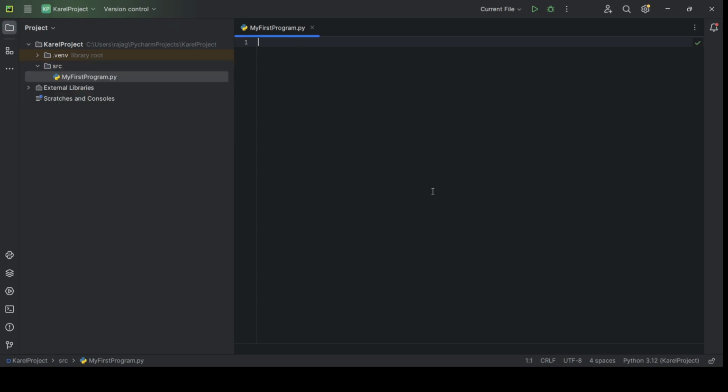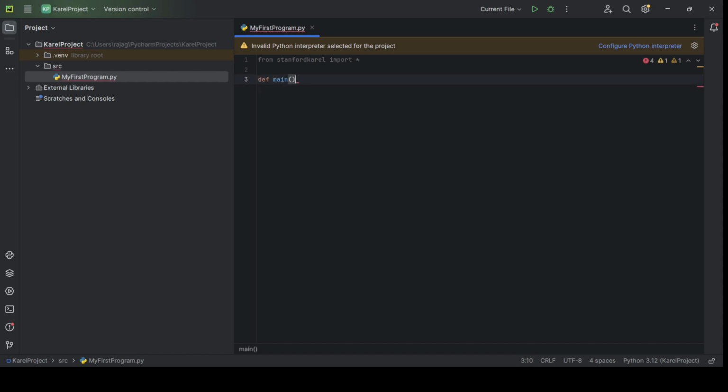First, we need to import required libraries or packages. For Karel, we write from Stanford Karel import star. There are different ways to import the required libraries. To learn all those ways and how to import packages, you can refer to the course I had mentioned earlier. Next, we create a function called main, def main, open and close parenthesis, put a colon, and then